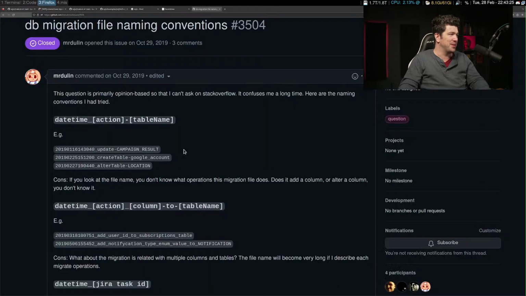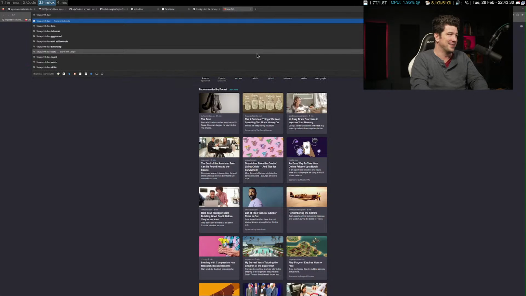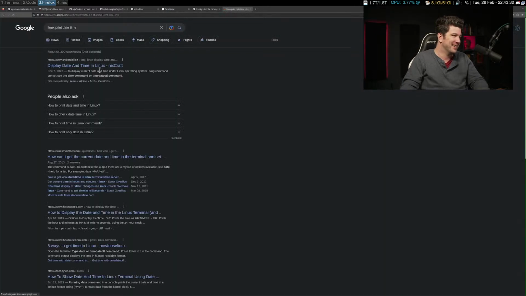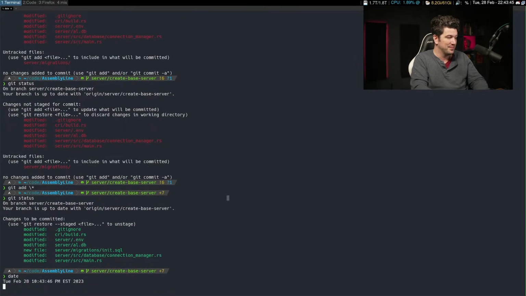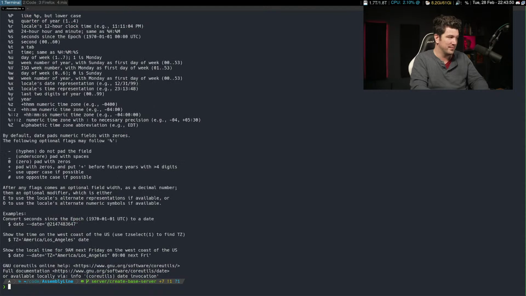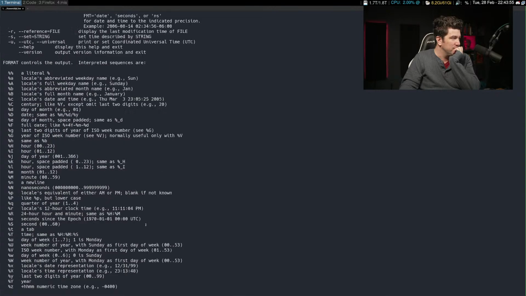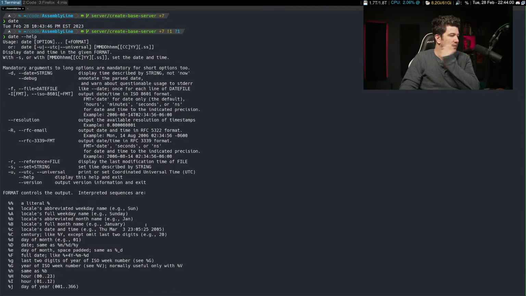Can I print the date time on the command line? Linux print date time. I just want to copy and paste it. Okay. Never use date. That's not what I wanted. All right.